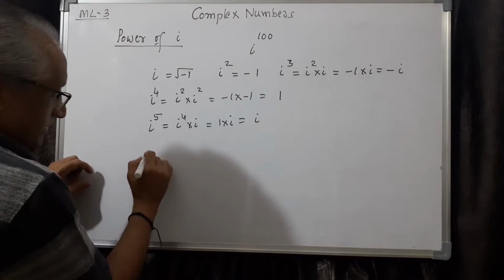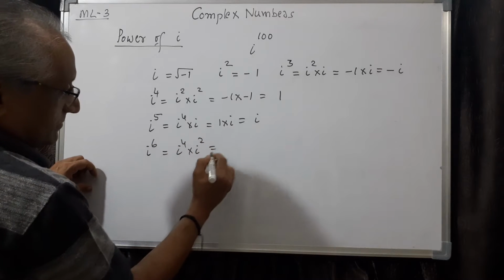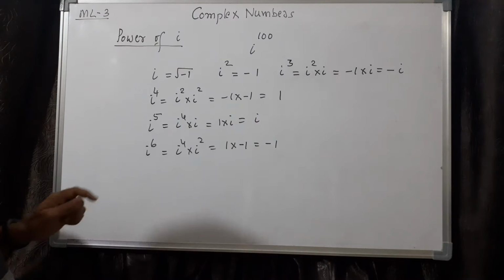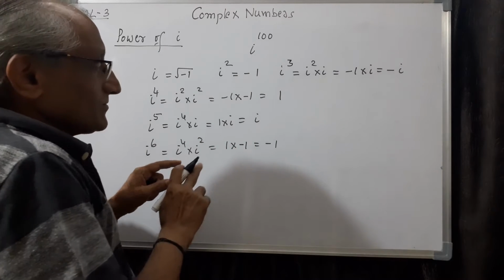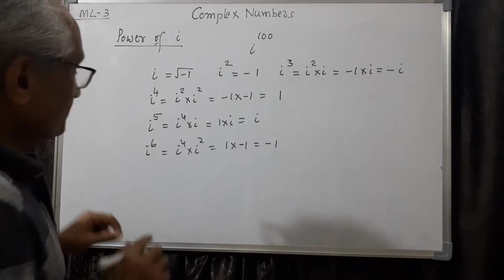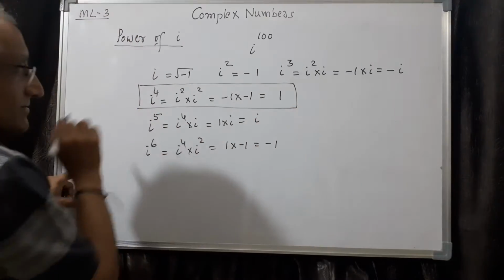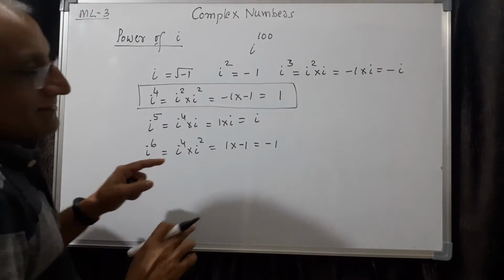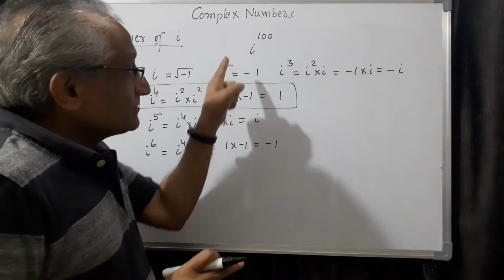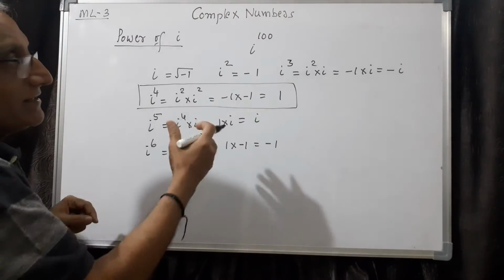Then i power 6, what is i power 6? It is i power 4 into i square, so this is 1 into minus 1, this is minus 1. Therefore actually you have a pattern now. But you need not worry about the pattern. Whenever a big number is given, you must take i power 4 as the base, because this is 1. Sometimes students make the attempt with i square equal to minus 1, but negative is involved, therefore it is more difficult. If you take i power 4 is 1, any bigger number we can do like this.